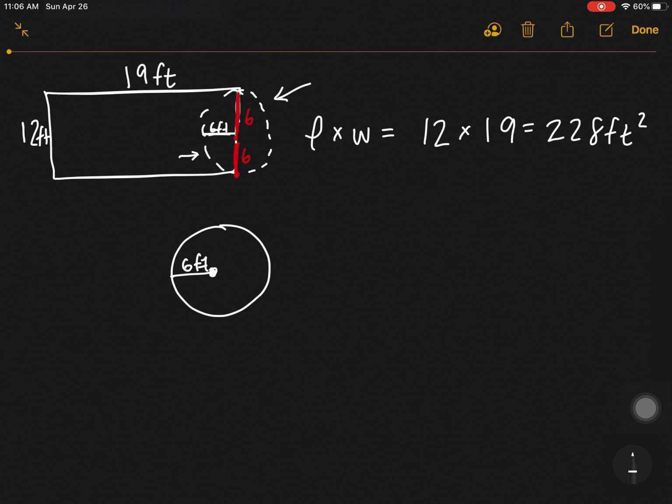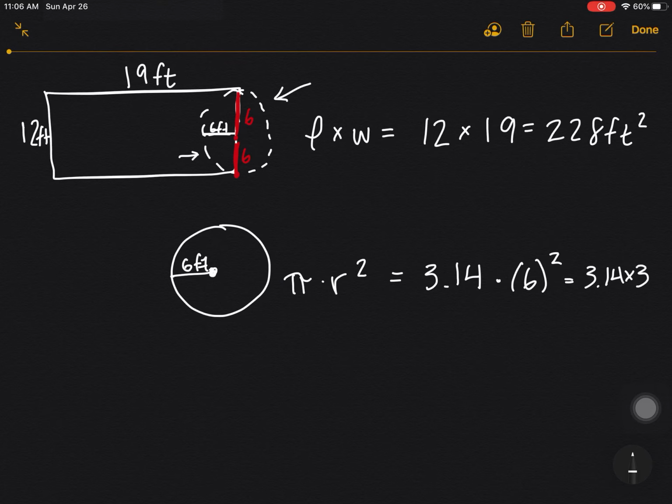Remember that the area of a circle is pi times the radius squared. In this case, we can write 3.14, or if you have a pi button on your calculator, you're welcome to use that, times our radius, which is 6 feet squared. So we've got 3.14 times 36. When we calculate 3.14 times 36, you should use your calculator, we're going to end up with